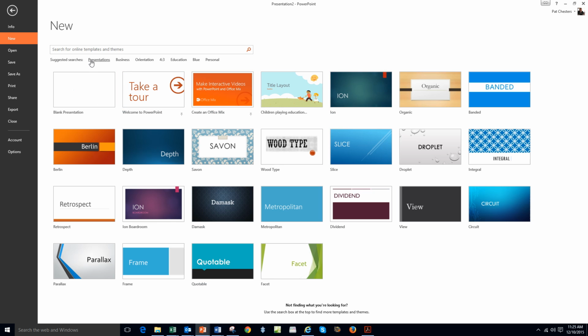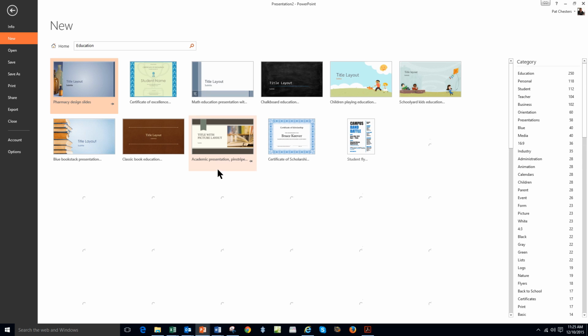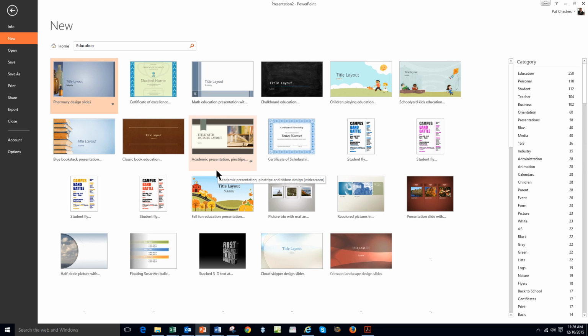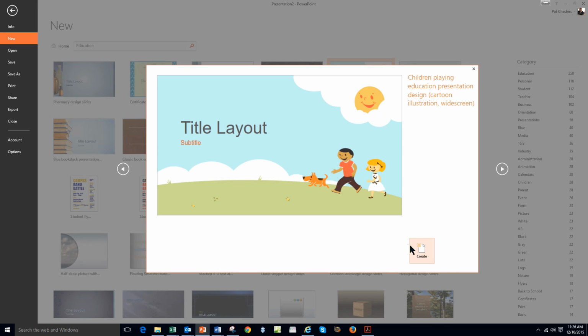There are also suggested searches along the top here for other presentations. Let's say we'll choose education, and it goes off and searches online for files related to education. If you want one of these, you click on it, say create, and it will download and open that up